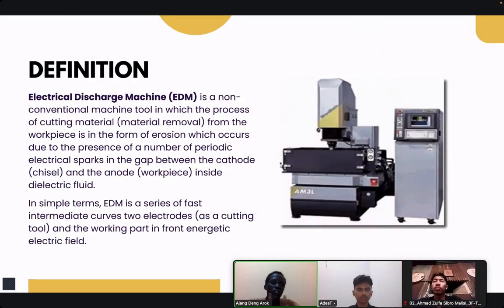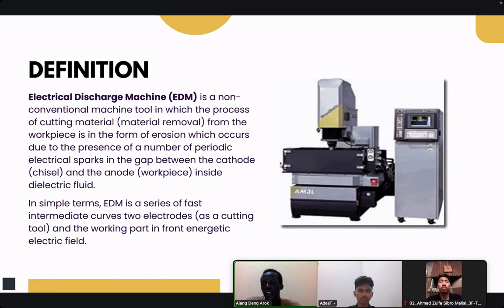The most important thing is to first know what you are going to be learning about, which is why everything has to be defined before it's discussed further. So the definition of our topic today, electrical discharge machine, in other words EDM. Electrical discharge machine is a non-conventional machine tool in which the process of cutting material, or material removal from the workpiece, takes the form of erosion, which occurs due to the presence of a number of periodic electrical sparks in the gap between the cathode, which we can call the chisel, and the anode, which is the workpiece, inside